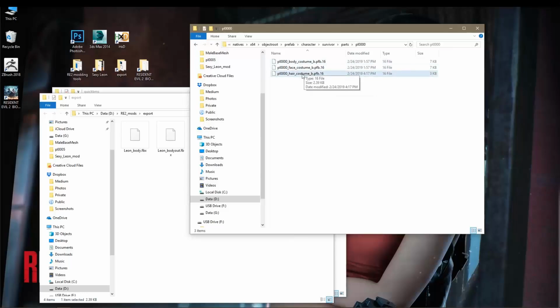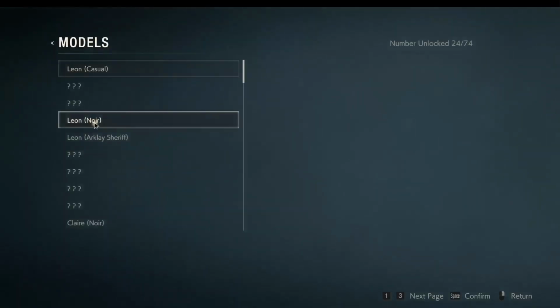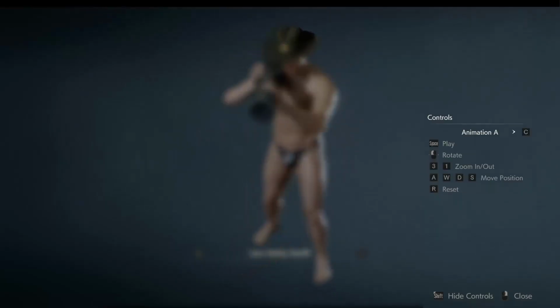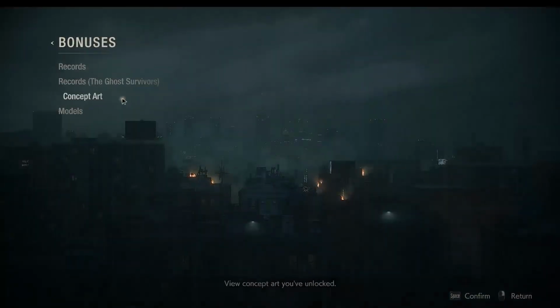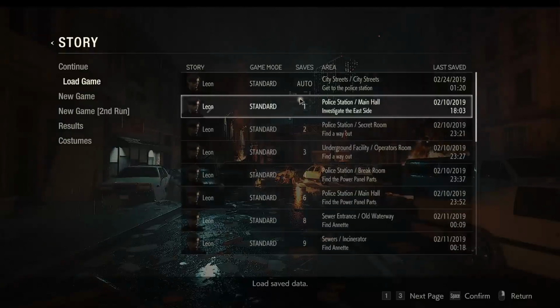This will substitute the hair, but there's a catch, and I'm gonna show you where the problem is. So if I go to Bonus, Models, and Arclay Sheriff, as you can see, the hat didn't change. The hat is still there. However, if I go back and I go to Story, and let's say that I load